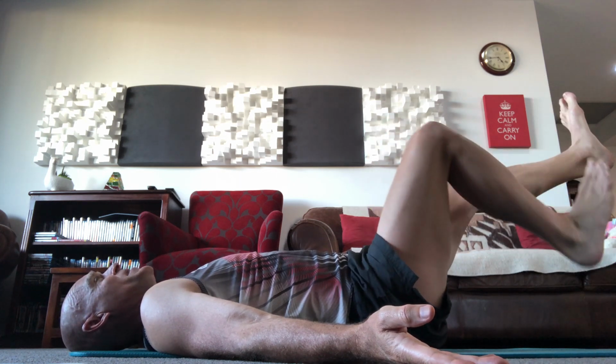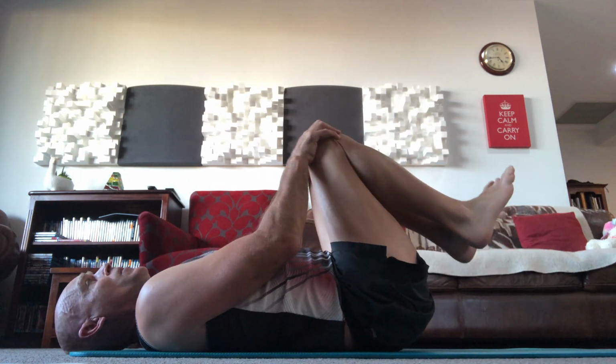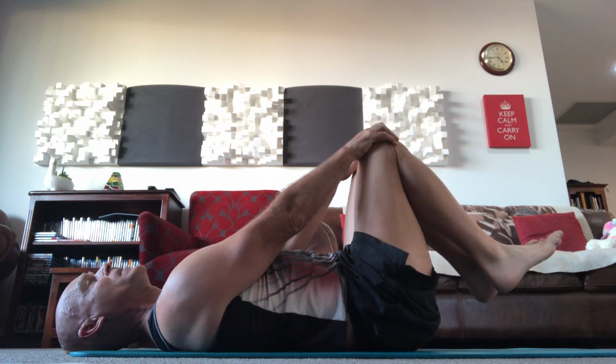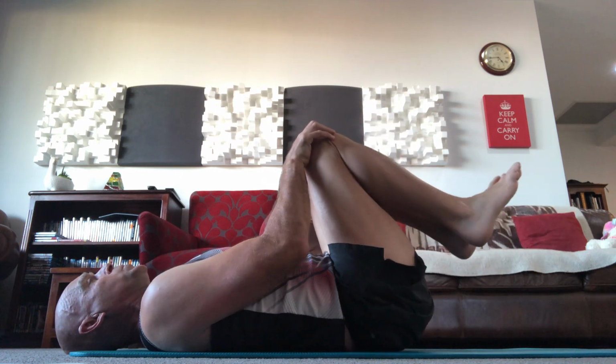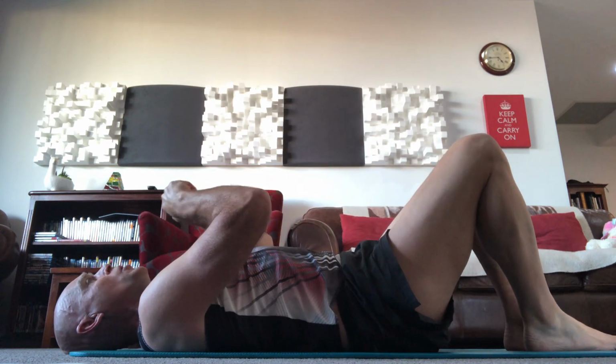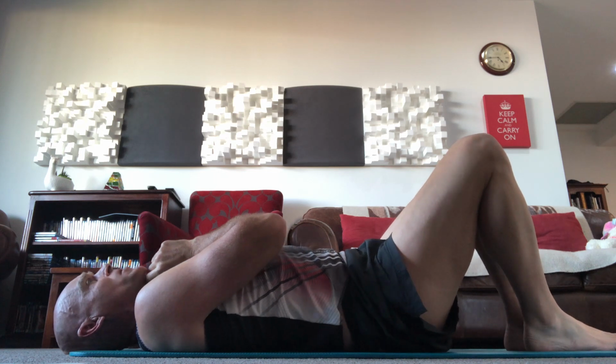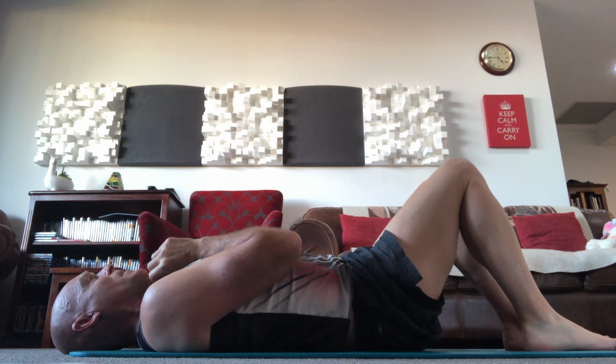You're probably happy to know this is our last set of scissors for the day. And again, a little round the clock stretch. Or returning the feet to the floor and continuing on with your pelvic clocks. We've got a couple of exercises on our side next, starting off with the thread the needle right angle triangle. Then we'll move into our